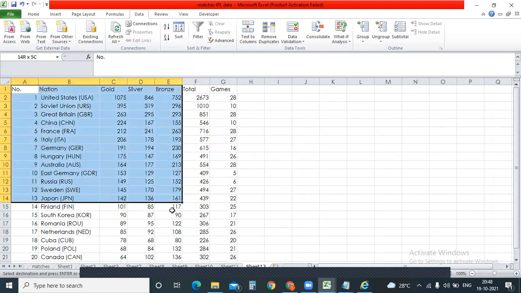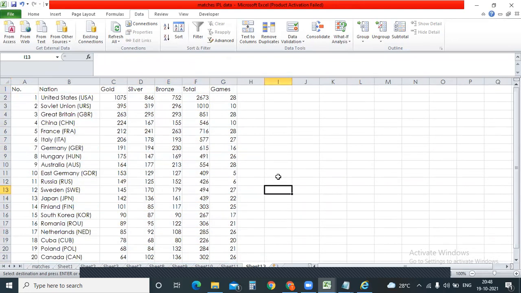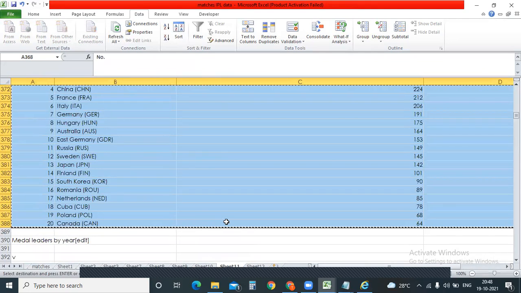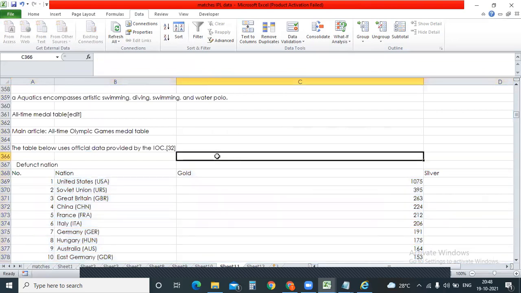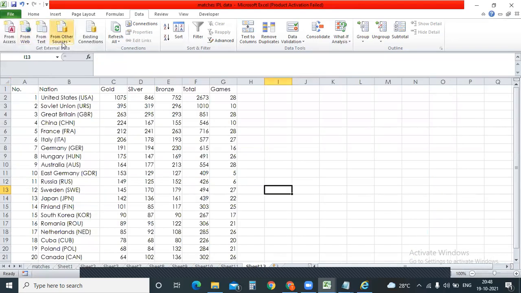Now you can create graphs, insert graphs, and you can create everything, right? Or you can do some pivot tables and some other assessments. There are a lot of other things you can do over here. So now I got this data from the web. Now you got it, right, guys, how to import data from web and text. Yes, sir. So now there are a lot of other sources from which you can extract data. I'll show it to you in a quick manner.